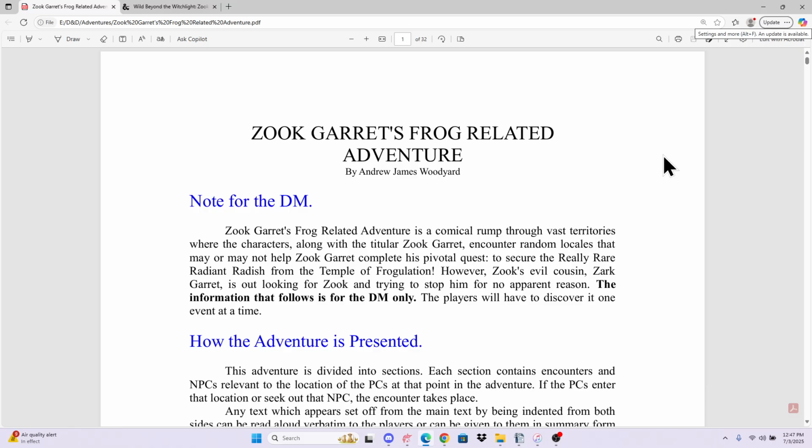It stars Zook Garrick, the title character, who is a gnomish illusionist and inventor. He has invented a device called the photonic defrogulator, which does random frog related things. He seeks an item called the really rare radiant radish for no apparent reason. His evil cousin, Zartgarrick, is also seeking this radish, also for no apparent reason, and trying to stop him, along